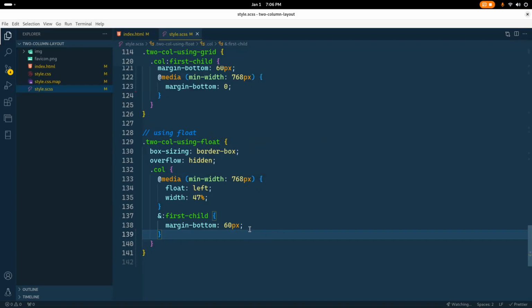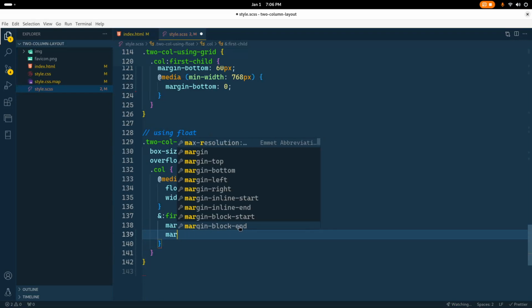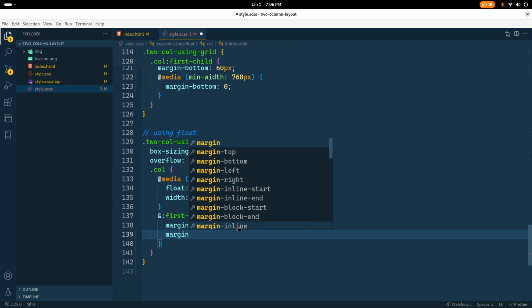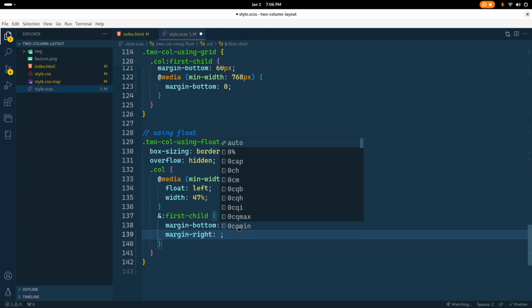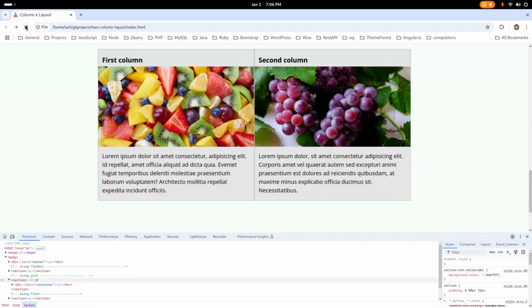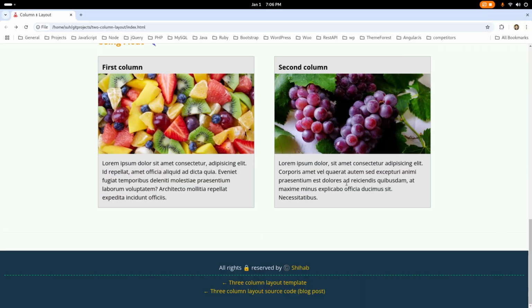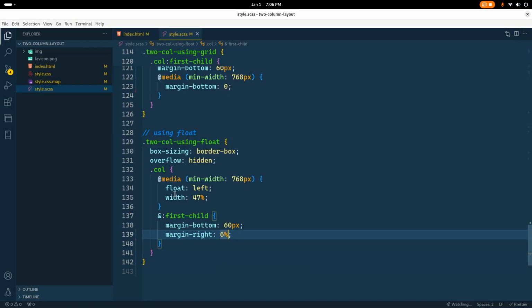So we have 6% left space. So now if I check this, it's working well on a larger device as well. So to clean this up a little bit, I'm going with this one, that's okay, and that's also fine. And